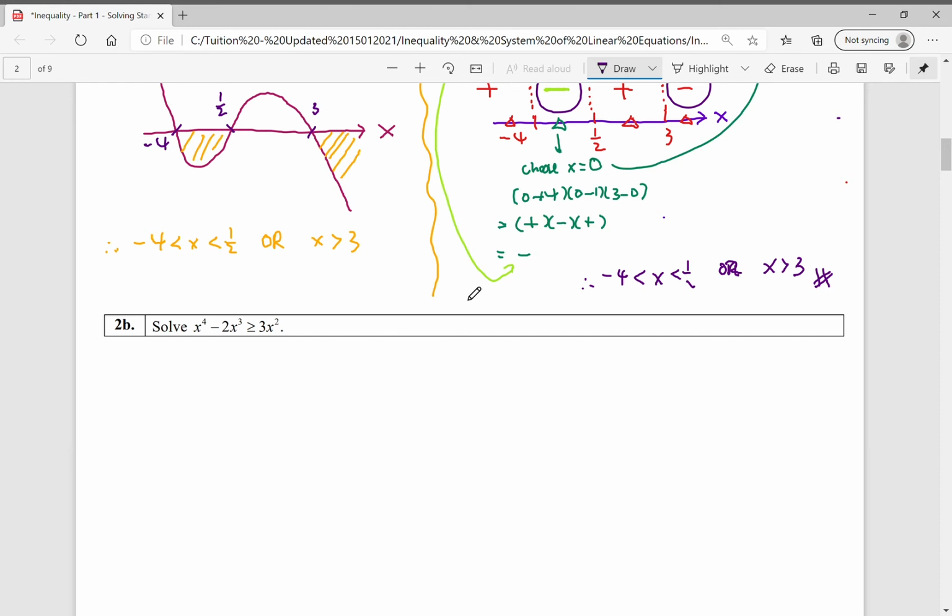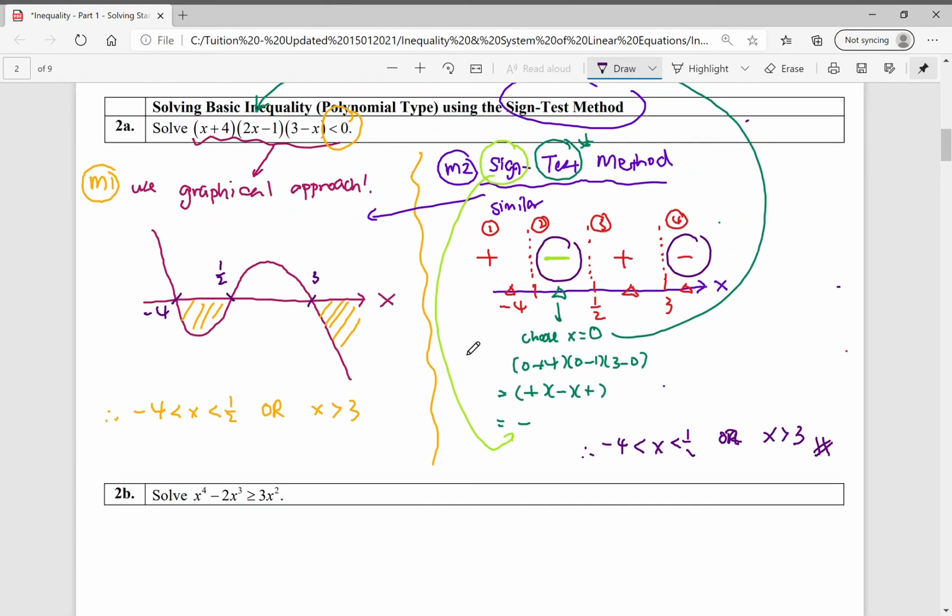Okay, so otherwise, let's take a look at question number 2b. We're supposed to solve this quartic inequality, so power 4. A quick glimpse again and a comparison between 2a and 2b, you realize that for 2b we need to actually do something extra. We need to first of all